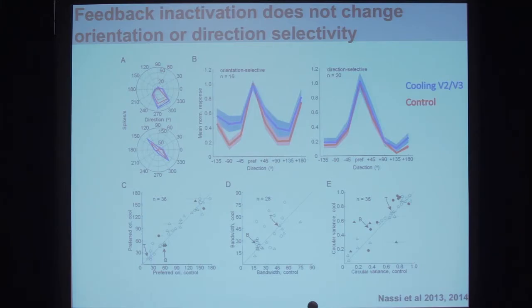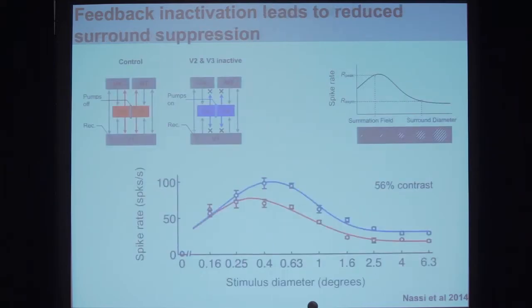So if you look at the direction selectivity, if you look at orientation selectivity, if you look at the tuning width, some of this basic initial response is unaltered, consistent with the notion that, again, we can explain some of the fundamental computations in a purely feed-forward manner. However, when you start to look at what happens beyond the primary receptive field of the neuron, beyond the basic simple computations, you start to see quite notable and important differences.